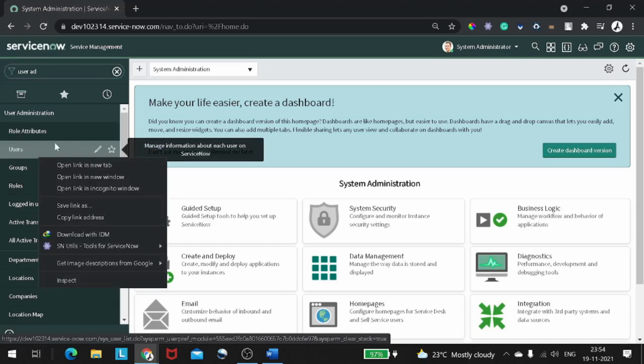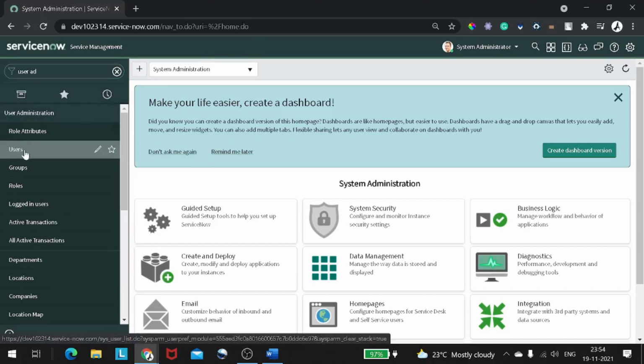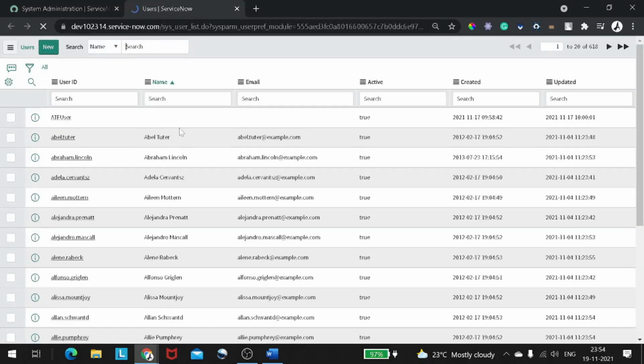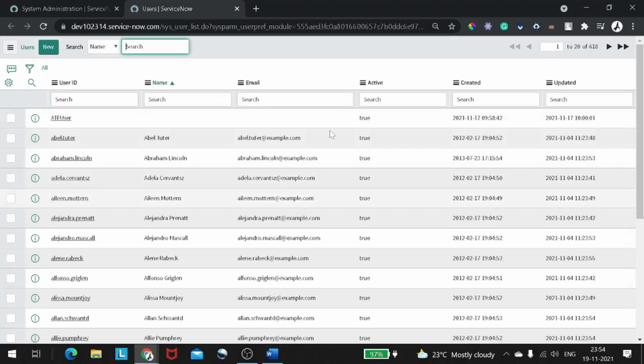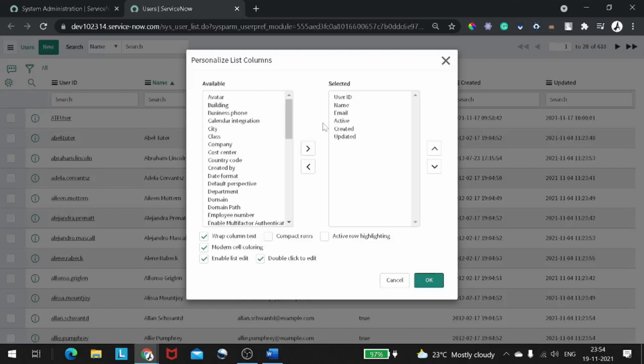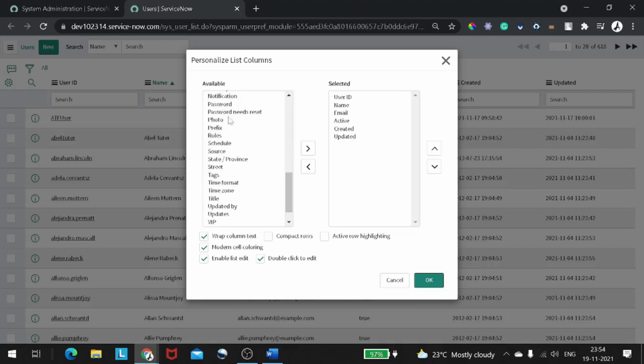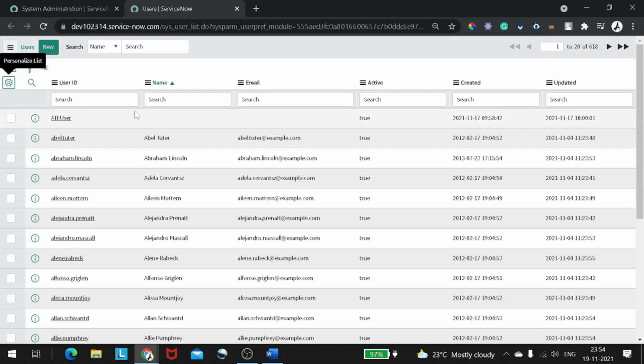So how do you create a user? You have to go to the user tab, or you can call it the user module. I just open it, and here you can see the list of all the users. With respect to the user table, you have a couple of fields, which you can see by clicking on the gear icon, where you can see all the fields that exist for the user. Now, if you want to create a new user, you can simply click on New,